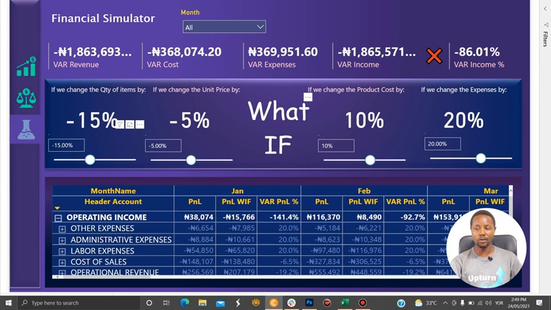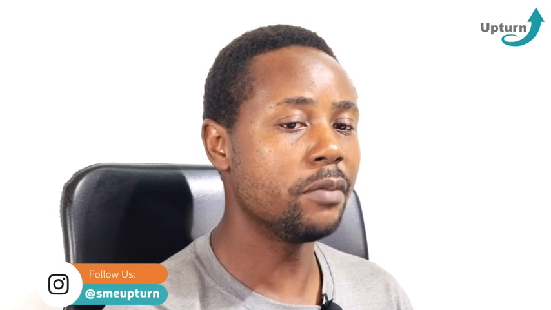That means you are making a loss. So this helps you to understand the finance of your company and be able to make the right financial decisions. So this is just a sample of how data analysis can help to inform your decision in making the right decisions for your business. I hope that with this, you'll be able to understand and to appreciate that data is very important for your business. So try and